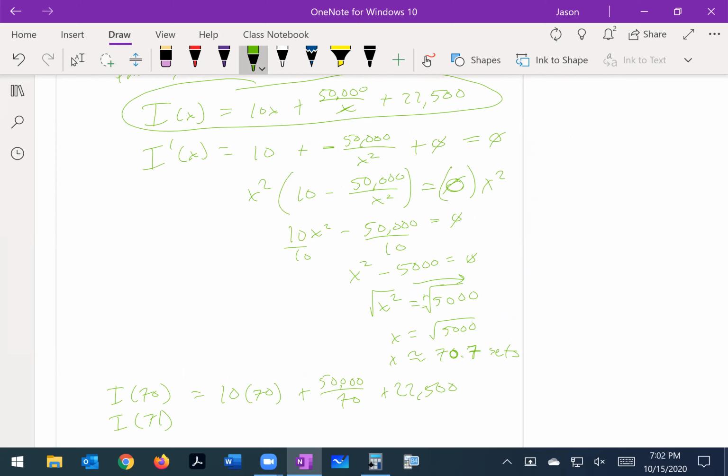This 22,500 is kind of negligible because it's always going to be there. I want to compare it to 10 times 71 plus 50,000 over 71 plus 22,500. If I plug all of that into a calculator,